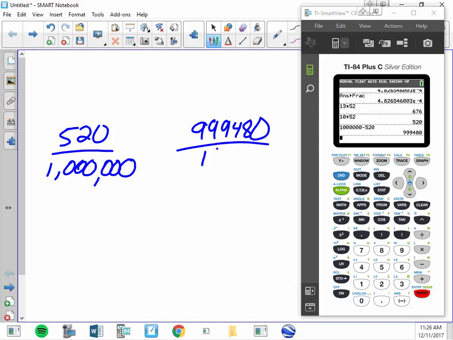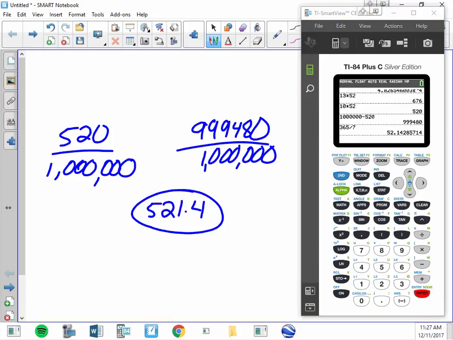99948 over 1 million. And actually that's not totally correct because 365 divided by 7 is actually 52.1 or 520.4. Well, but leap year, well, yeah, extra day. So really you have a 521.4 chance of winning, right? Because a year is not exactly 52 weeks. It's just slightly longer. 2 days, 1 day. Yeah, just a little bit longer.